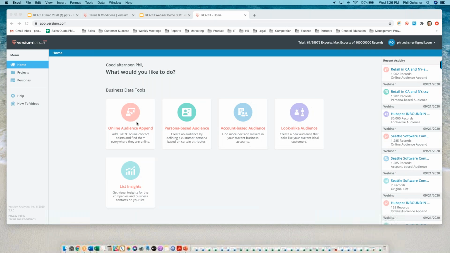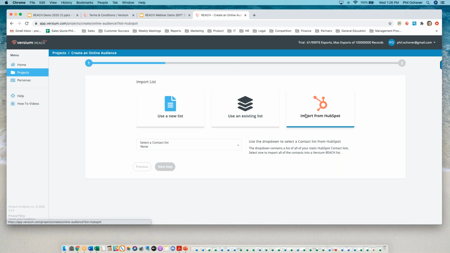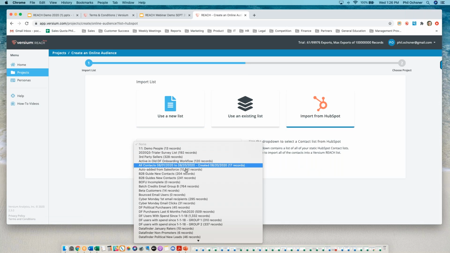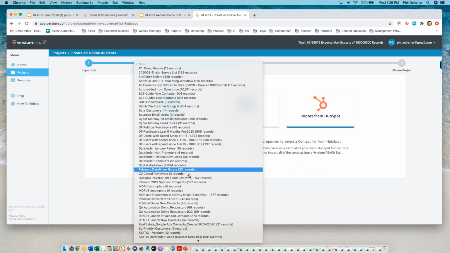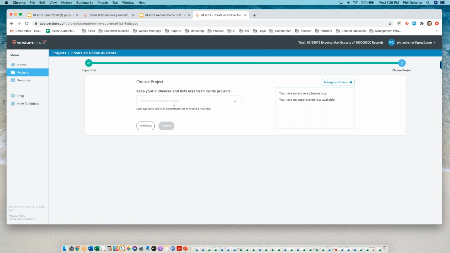I'm simply going to go into this online audience append feature, and I could drag and drop that CSV file, but I also want to show you the integration that we have with HubSpot. I'm able to pull that same exact static list in from our HubSpot integration, and within a few clicks, I'm able to layer on